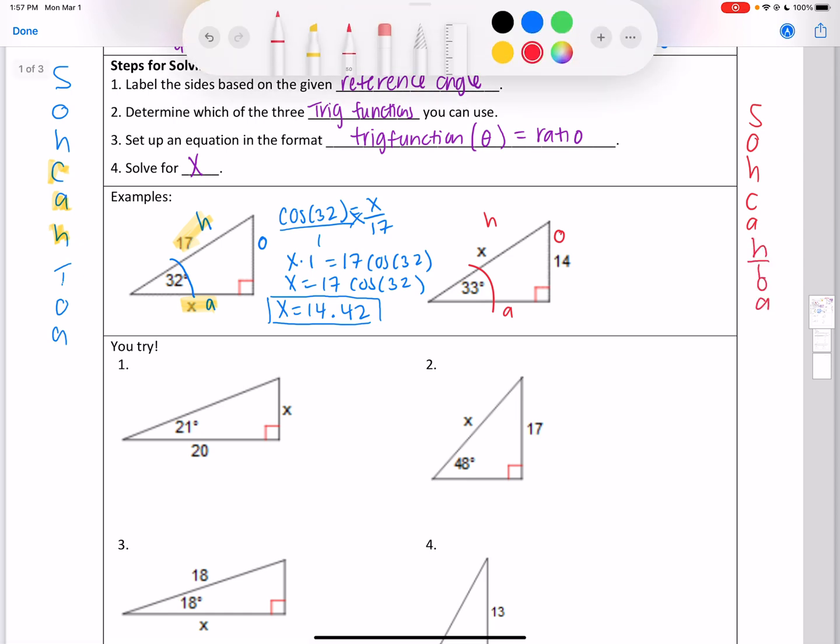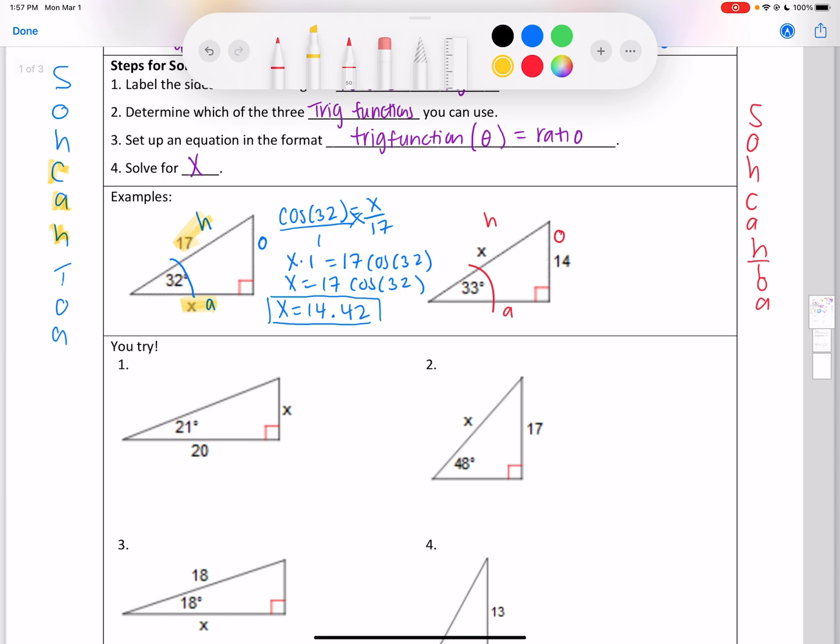So this time, I've got an opposite and a hypotenuse. So that means I'm going to use the sine function. So the sine of 33 equals opposite, which is 14 over x. Notice that this time the x is on the bottom, but we can still just treat it like we're cross